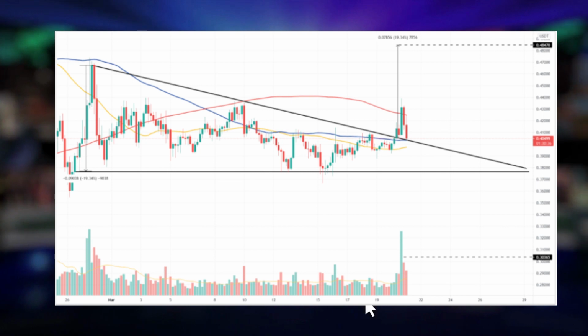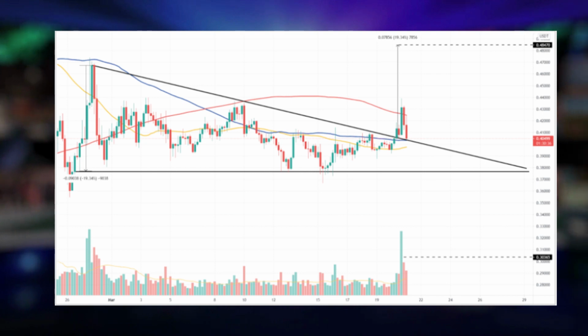So if XLM price slices through this point, it would put the altcoin in a neutral position, which will allow both bullish and bearish opportunities at an equal chance. If XLM bulls bounce from the triangle's hypotenuse, this will trigger a bullish outcome. The 204-hour MA also needs to be achieved, and